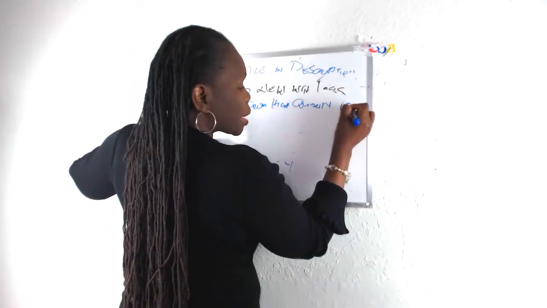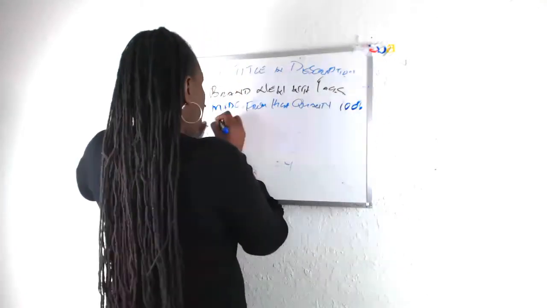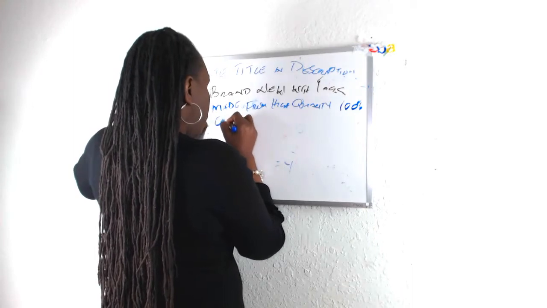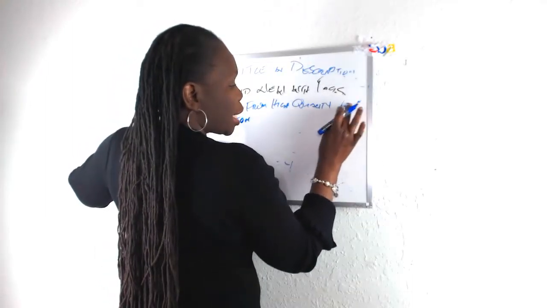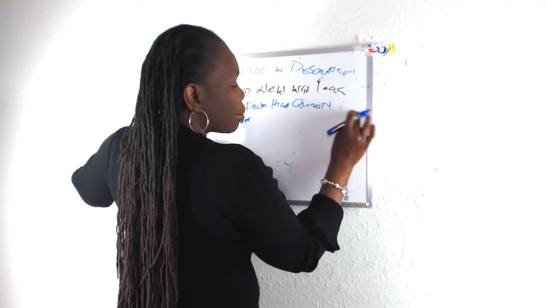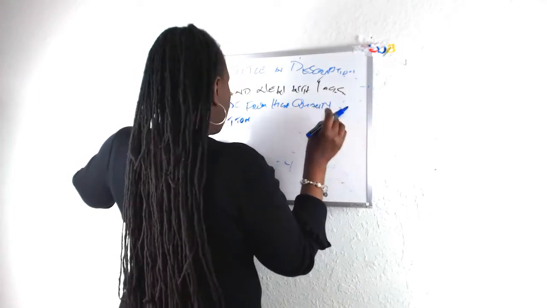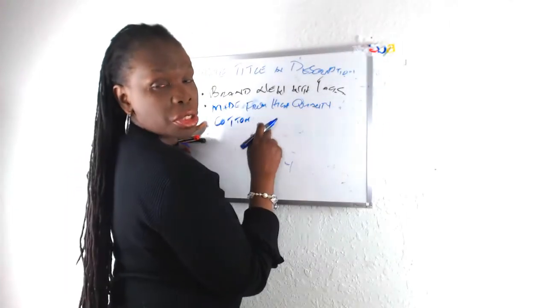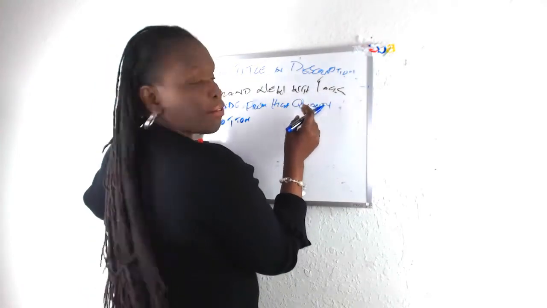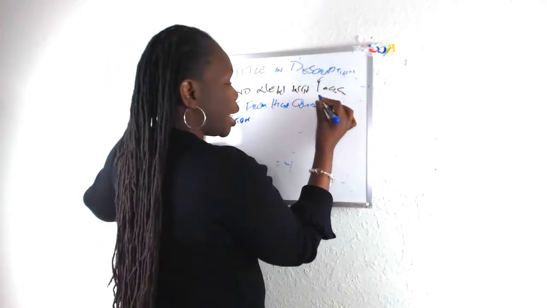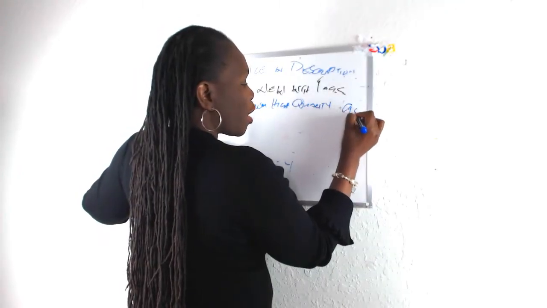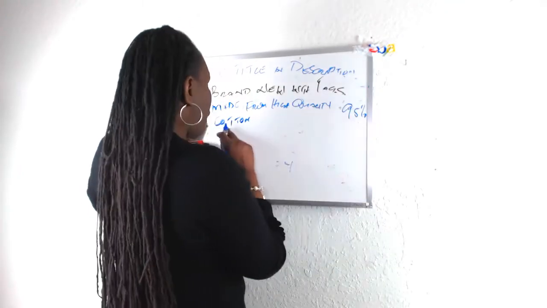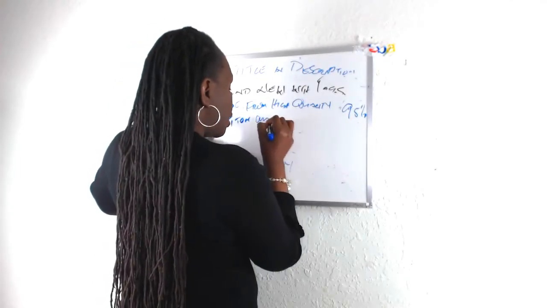If it's 100%, I'll say 100% cotton. If it's not 100% cotton, then I'll say made from, remember this information is in your fabric tag content. So if it's made of 95% cotton, I'll say 95% cotton and